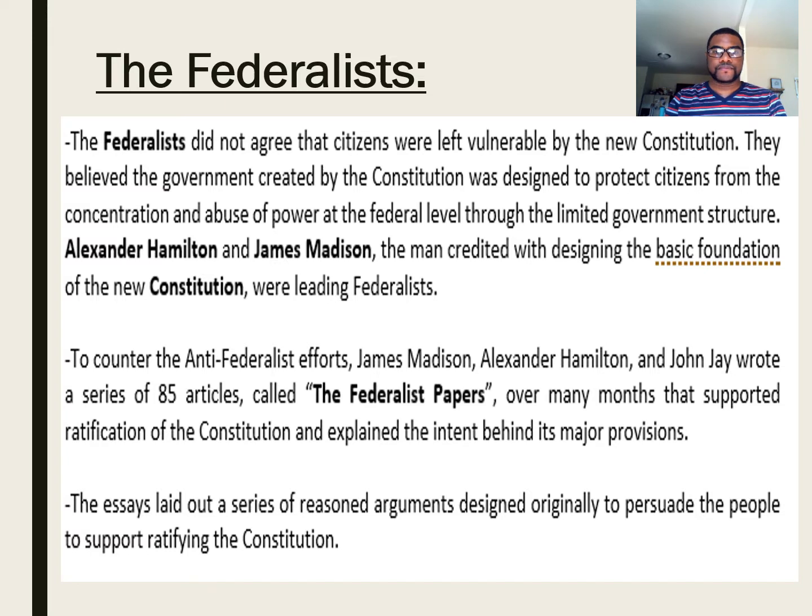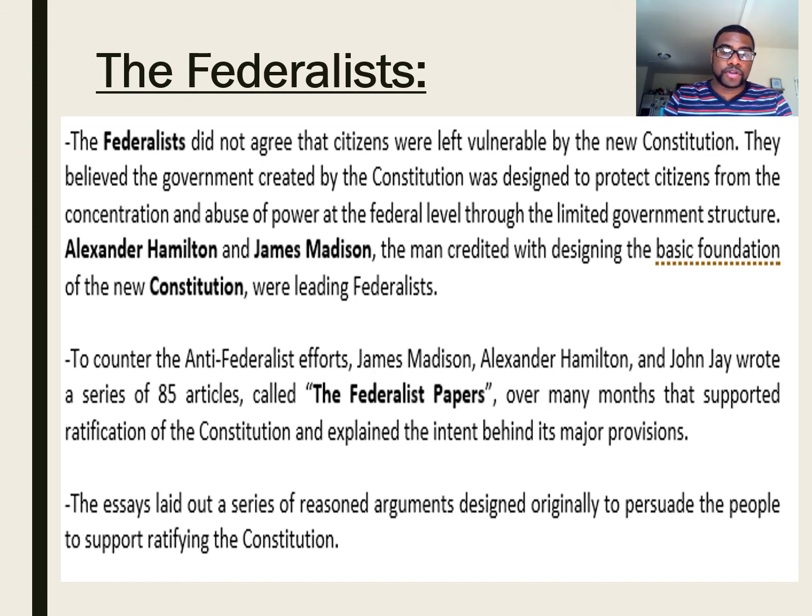Moving forward. All right, the Federalists. The Federalists did not agree that the citizens were left vulnerable by the new Constitution. They believed the government created by the Constitution was designed to protect citizens from the concentration and abuse of power at the federal level through the limited government structure. Alexander Hamilton and James Madison, the man who created the design of the basic foundation of the new Constitution, were